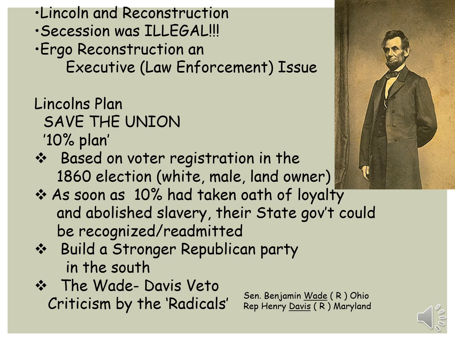You can see here that I have these bullet points marked by those little lozenges, those little diamonds there. And so if I give you bullet points, write that down and then wait for me to explain it. Write it down and then wait for me to explain it. Then I'll transition and go to the next bullet point. If you try to write all this down, then you won't have me explaining it and you'll get lost in your notes. So, Lincoln's plan for Reconstruction. It's going to be easy because he wants to preserve the Union and end the war quickly. And it's going to be called the 10% plan.